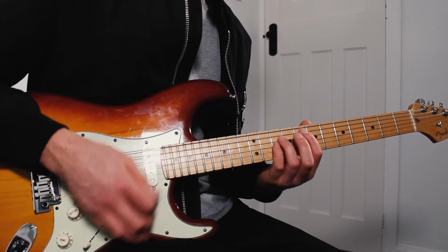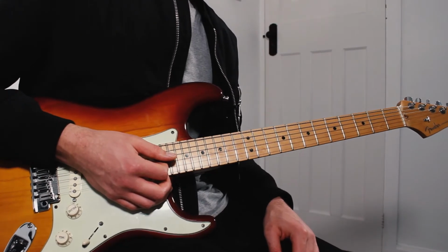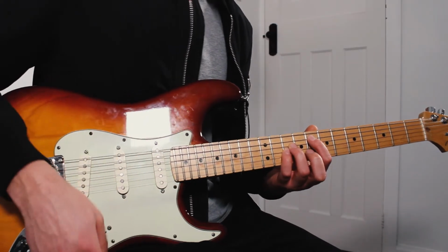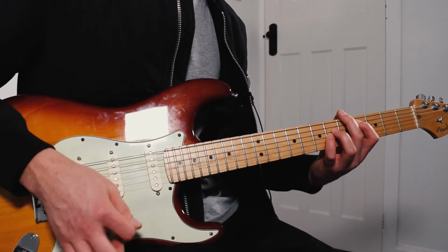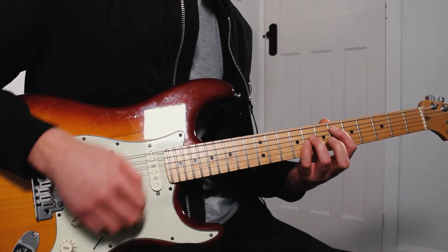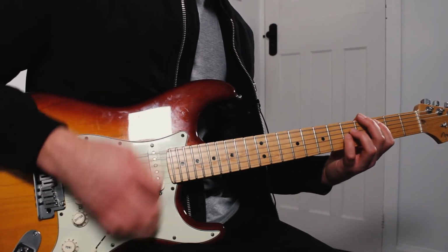So putting both those pieces together then. Okay, so the third section of the verse is very similar to the first piece. We're literally just going to be adding the C5 chord on the end. So starting on your F5 chord, that's 8th fret on the A, 2 strums, down to the D flat 5, which is 4th fret on the A, up to the A flat 5, which is 4th fret on the E, and across to the E flat 5, which is 6th fret on the A. And then we'll be going to the C5, which is 3rd fret on the A, and we'll be doing caterpillar,